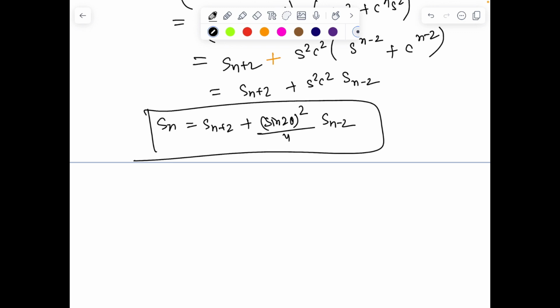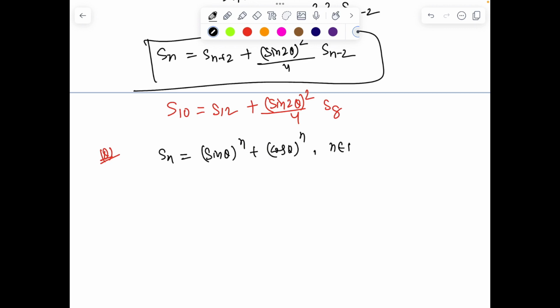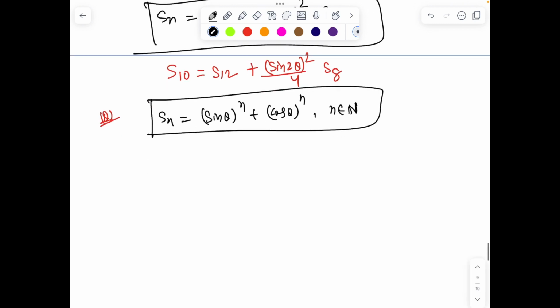अब इससे क्या फ़ायदा होगा? एडवांटेज ये है कि अब जेई वाले शानदार क्वेश्चन इस पर बना देंगे, ठीक है। इसको डिफाइन करके सपोज़ S10, S12 डाल दिया और S8 में रिलेशन पूछ दिया। आई होप यू आर गेटिंग माई फीलिंग। सो व्हाट दे कैन डू इज दिस: सपोज़ S10 equals S12 plus (sin 2θ)² by 4 and S8। तो अब they have given, consider the question। अब देखो, क्वेश्चन कैसे क्रिएट होगा: consider S_n equal to sin^n θ plus cos^n θ for all n belonging to natural number, ऐसा डिफाइन कर दिया।